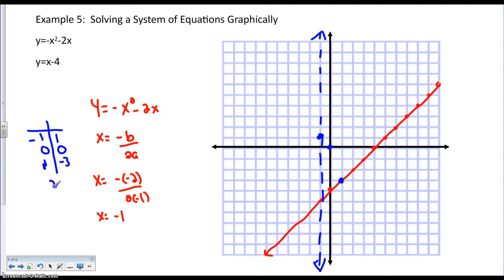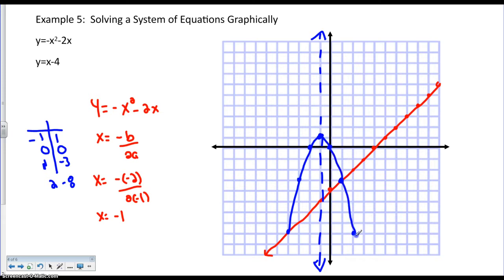And I'll keep on going. If I plug 2 in, it looks like I will get negative 4 minus 4, so I get negative 8. So 4, 5, 6, 7, 8. I'm going to reflect these over the line of symmetry. So that's going to be there, that's going to be there, and then 1, 2, 3, 1, 2, 3. So your parabola